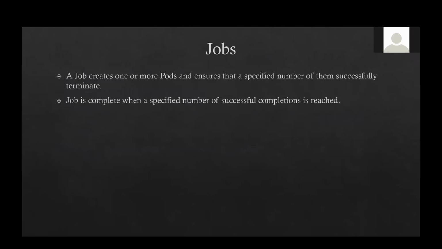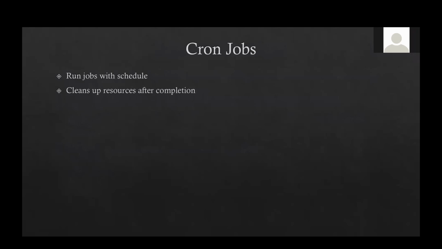Jobs run to completion. They do a specific number of operations and then complete. They don't keep running. They stop running once they're done. Cron jobs are jobs with a schedule. So yeah, they clean up. You can use them in a variety of contexts. For example, if you want to run your test pipeline at a specific time, it could be a cron